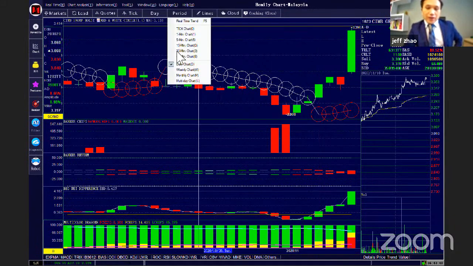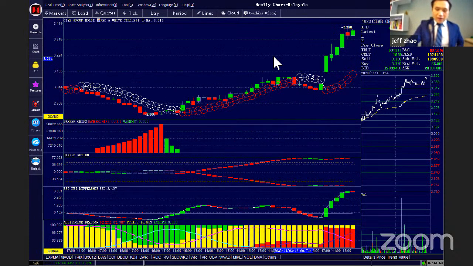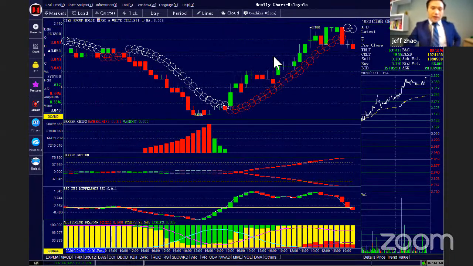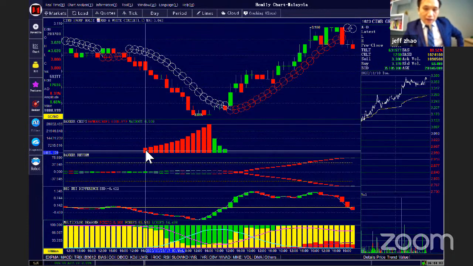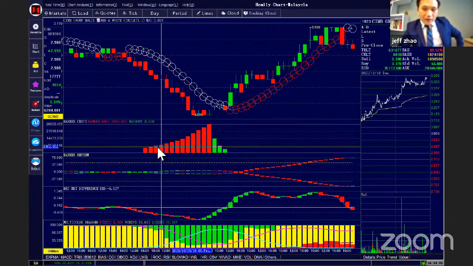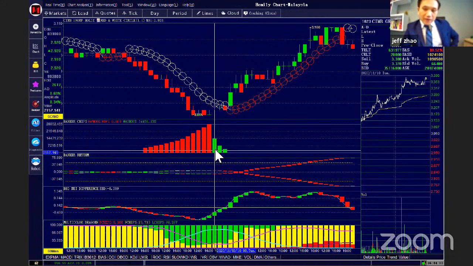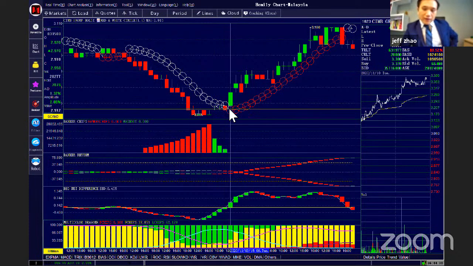But actually, you can also use the 6-minute chart to make your decision. Here is a standard function. May all of you see and understand it, right? From this part, you can see the price go down a lot, but the banker chips increase a lot. But from these 3 days, banker liquidation, right? And on the fourth day, the circle tends to go right.